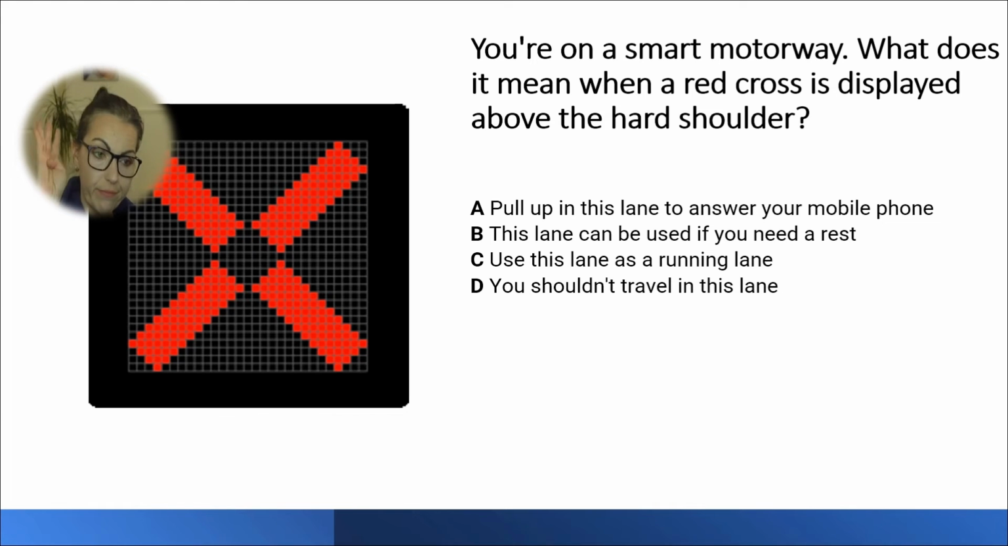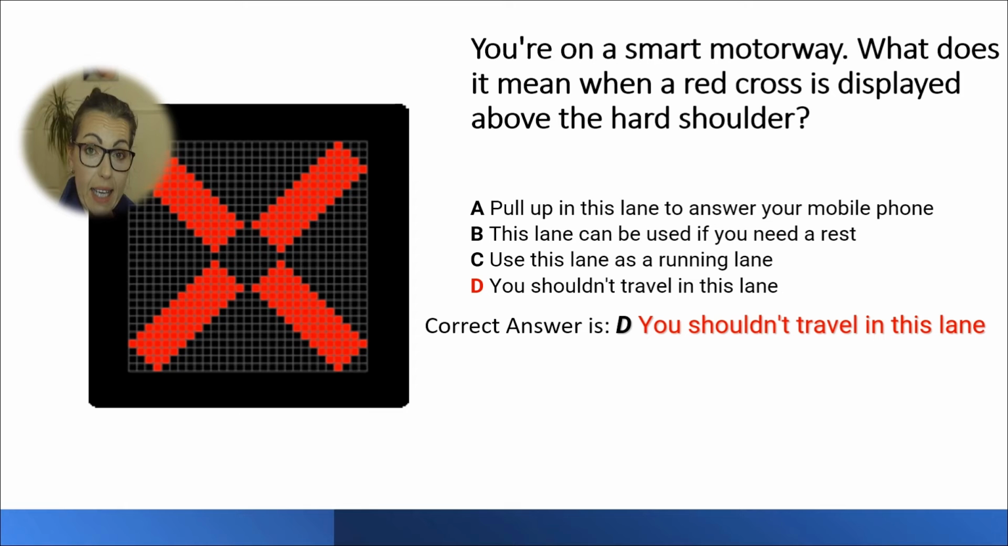5, 4, 3, 2, 1. And the correct answer is D. You shouldn't travel in this lane. Remember, guys, the red color. And the explanation is